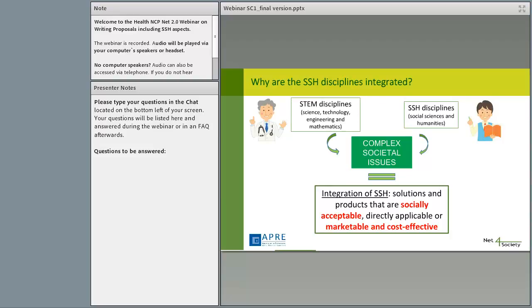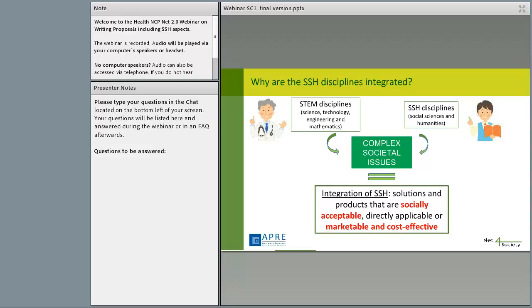So through the integration of the socio-economic sciences and humanities, you can reach solutions and products that are socially acceptable, directly applicable in the market, marketable and cost-effective. So a lot of positive advantages for the society. If you want to carry out a research in the ICT field, and you want to provide this final product of your research